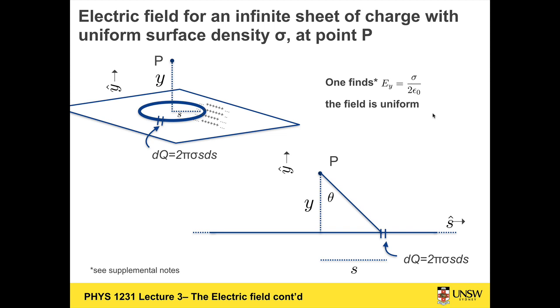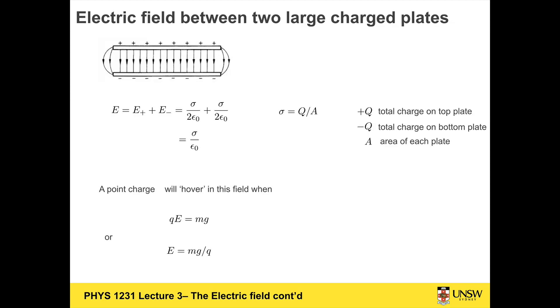So that's the kind of calculations we did for the electric field in Physics 1B. Now, we went on and we said, well, if we know what the electric field is from one charge plate, and we can use superposition, we could work out problems, for example, like finding the electric field between two large charged plates. And we imagined that, for example, if one plate is positively charged with some positive charge density sigma, and the other has the same density but negative charge, minus sigma,